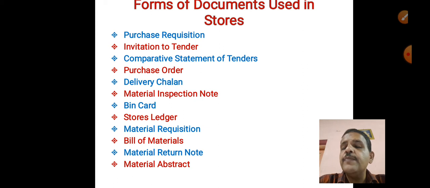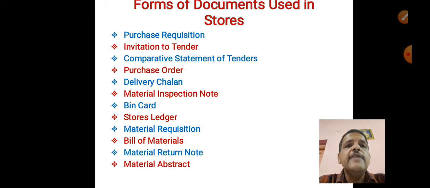Purchase requisition should be prepared in 3 copies, which is known as triplicate, and 2 copies are forwarded to the store department. The third copy is retained by the requisitioning department. Now, the store department, after noting stock position, forwards 1 copy to the purchase department and retains 1 copy with them.